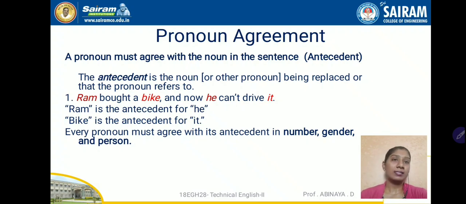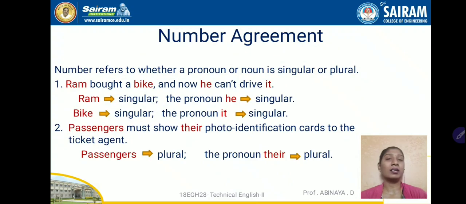Okay, what is next? Number agreement. I already told you number, gender and person agreements should be there between the noun and the pronoun in the statement. Number refers to whether a pronoun or noun is singular or plural. If the noun is singular, go for singular pronoun to substitute the noun. Ram bought a bike and now he cannot drive it. Ram is singular, so we are using the same singular